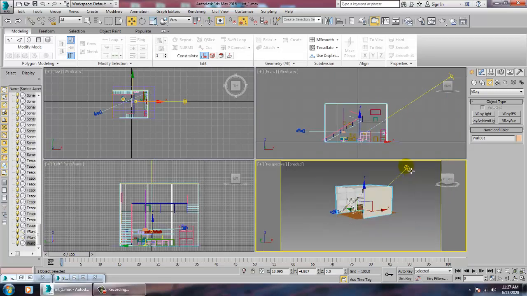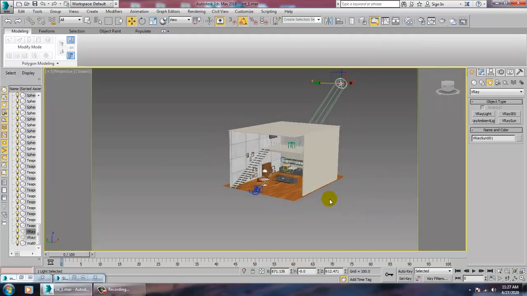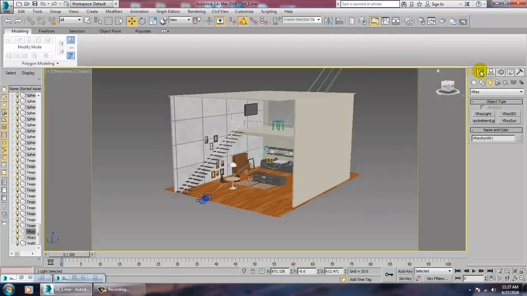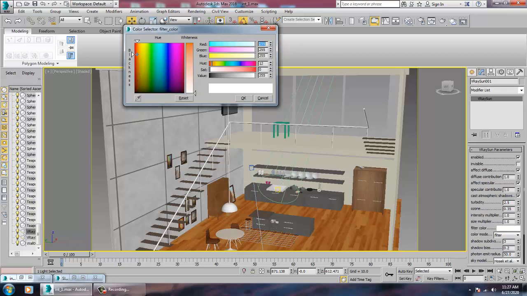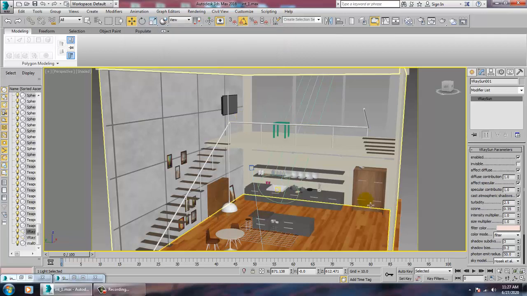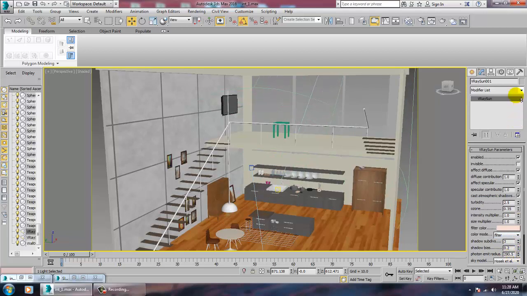So we'll select this. You're doing daylighting, and you can just change the filter color of this light over here. You have photon emit radius, you can increase that.